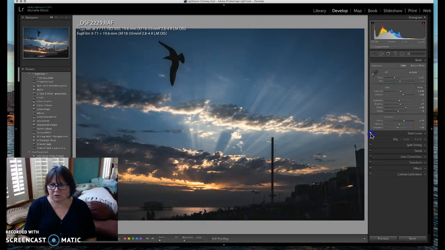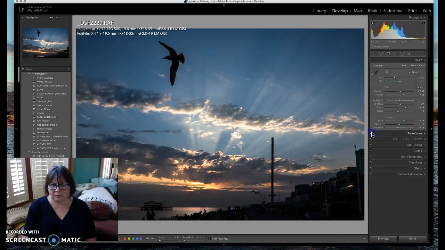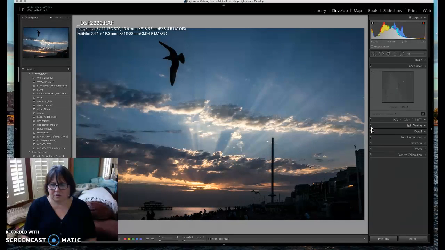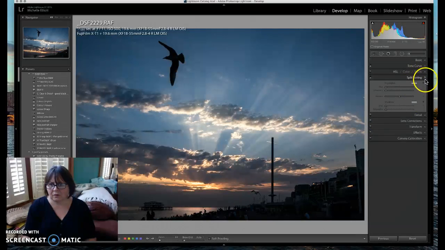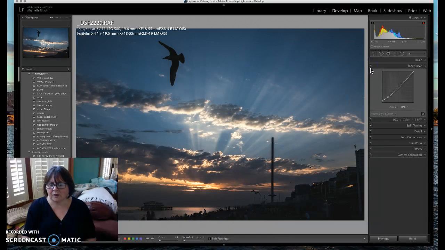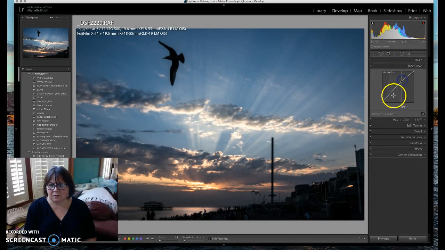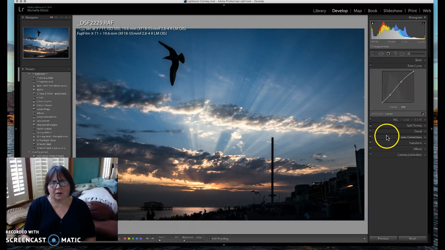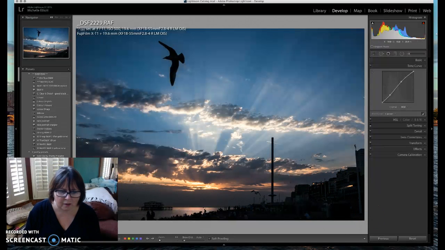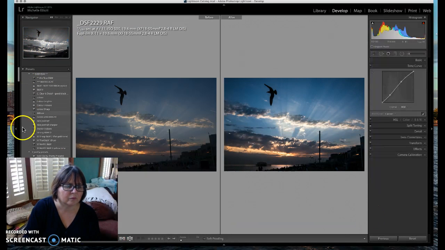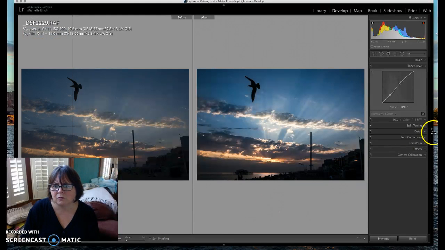So if I actually switch the tone curve off, I'm trying to see what I prefer. Go to split toning. I don't want to go to split toning. No, it's so little, it's not really making much of a difference. Just go back to linear, maybe just a little bit of contrast. Okay, that's going to be my finished picture. So before and after, I remove the side panels,